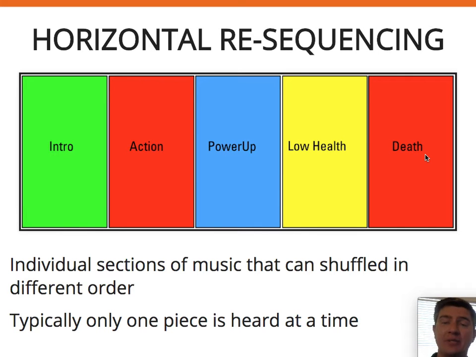So they represent different game states, different changes in the game world, and we have attached different pieces of music to them. Intros, actions, power-ups, low health, death. Intro happens when the game starts, just like the 2D platformer. Action happens. Maybe we have an intro cue that plays, and then it switches over to the action cue. The action cue plays, maybe we hear this for most of the gameplay, and then eventually we get a